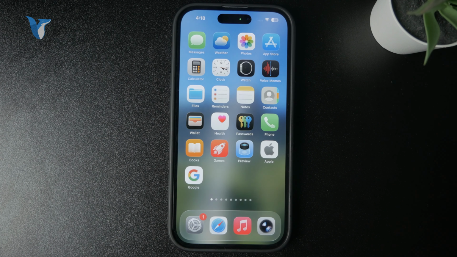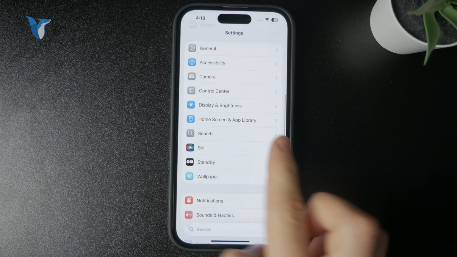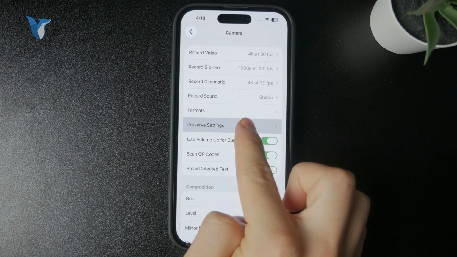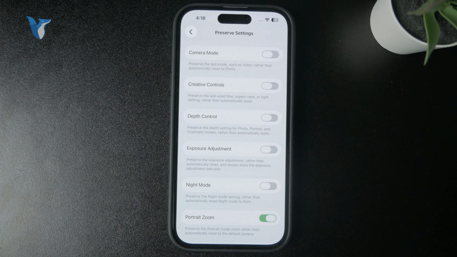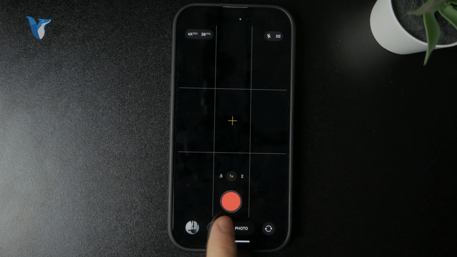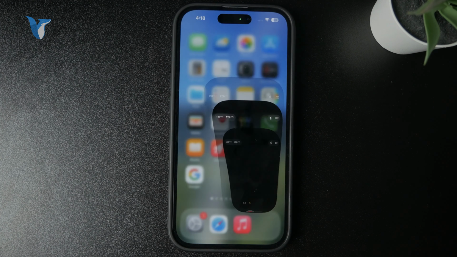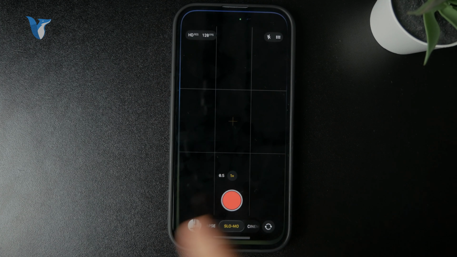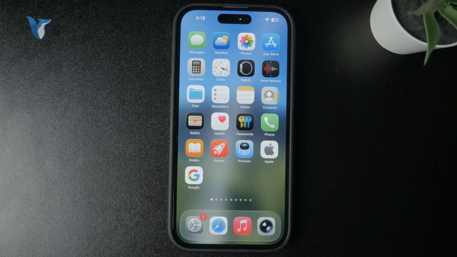When it comes to the settings of the camera, you can find it as a dedicated menu in the main settings app. And there is an interesting thing which is called Preserve Settings. You can see that there are some changes which, as long as you make them, are going to stay that way. So you can decide, for example, that the resolution or camera mode is going to stay exactly as it is, right? So if you feel like you open up the camera and you just get to the slow motion, and have the camera mode saved and preserved, it might happen that you open up the camera and it just goes to the slow motion mode right away. So that's the thing that you probably want to turn off if you feel that your camera is always going to that mode. So I really hope that it was either one of those two things